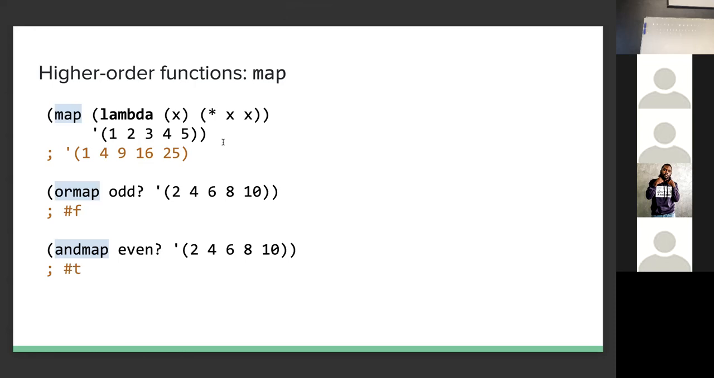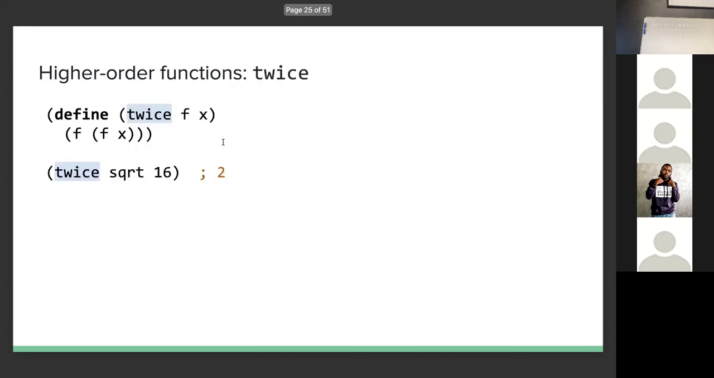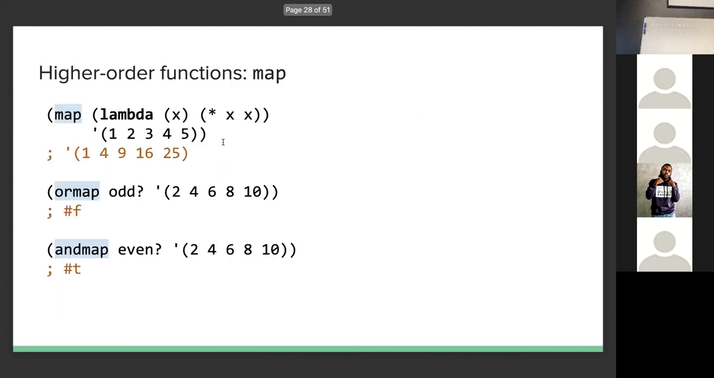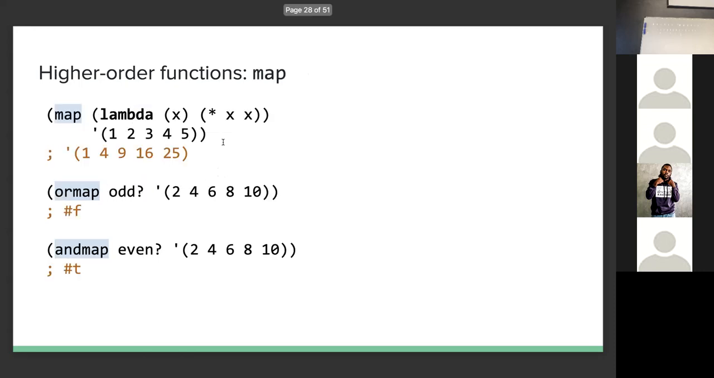Now, these are all functions. These are all just normal functions. So the question is, if we have map and we have or, like on the previous slide, we had or and and, right? Why do we need ormap and andmap? I mean, that's convenient, but why do we need them as separate functions? Well, it turns out that